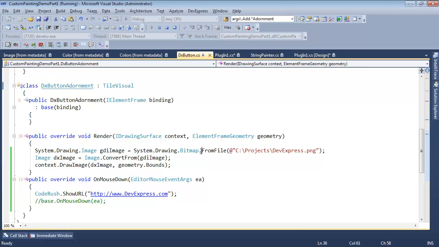So if you're familiar with System.Drawing, you can create something along those lines, then call convert from. It just accepts an object. We look at what the type is when we do the conversion for you, creating the appropriate platform independent equivalent. And that's it. That's the one ripple that's a little bit different from doing it the old way. But the cool thing that you get about this, though, is that once this is all